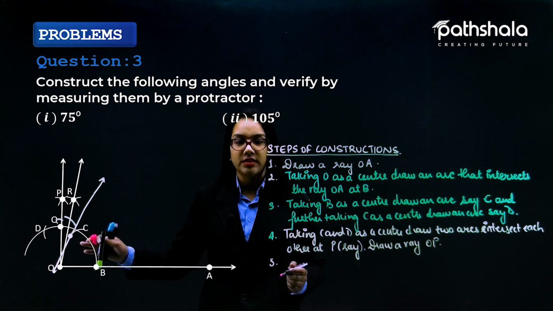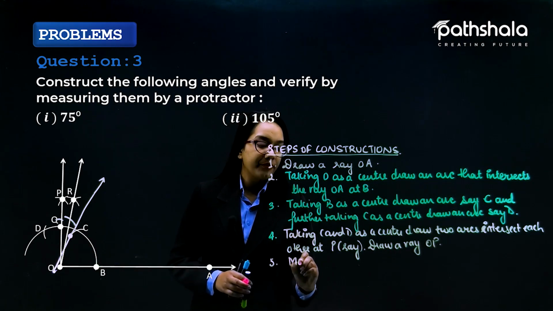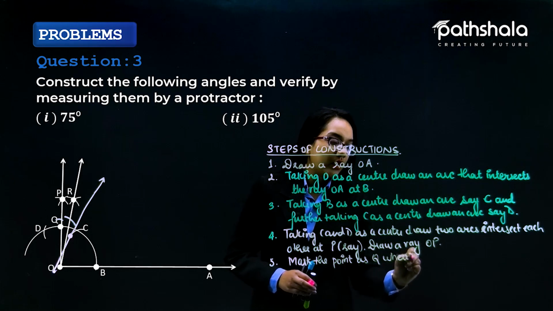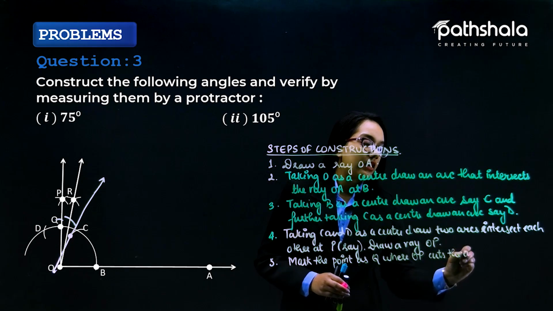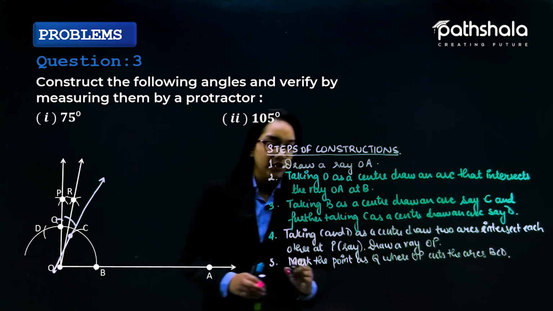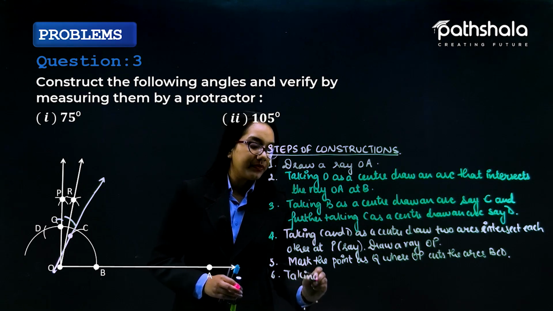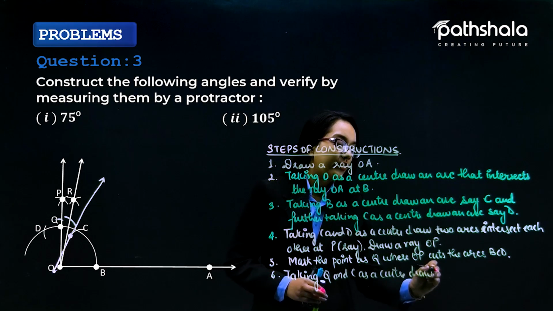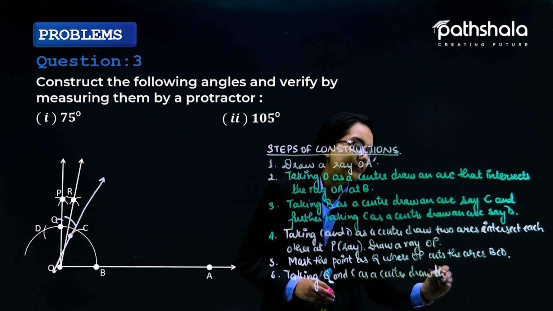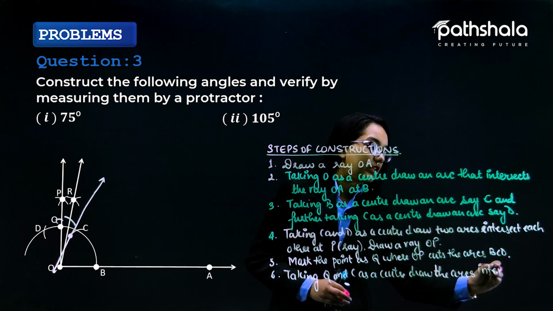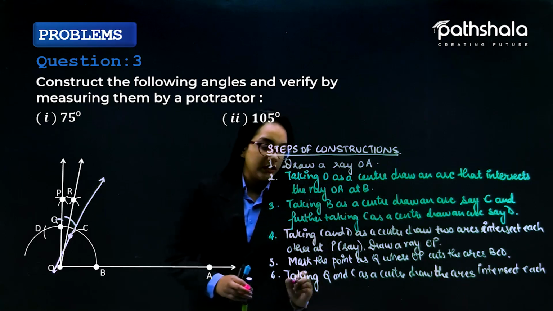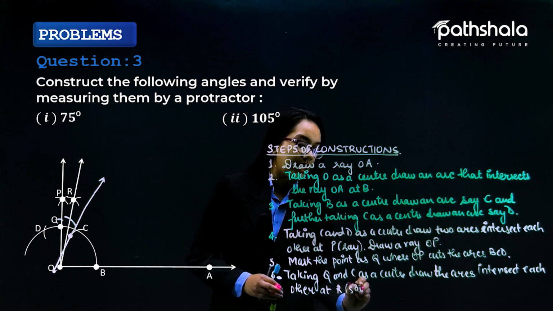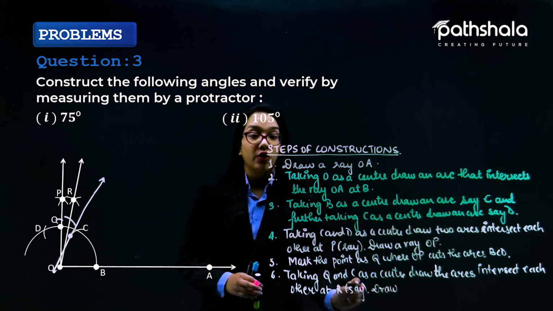So let us suppose this is nothing but a 90-degree angle, and further mark the point as Q, where OP cuts the arc BCD. Further, the step number 6, taking Q and C as a center, draw the arcs, intersect each other at R, say, further draw a ray